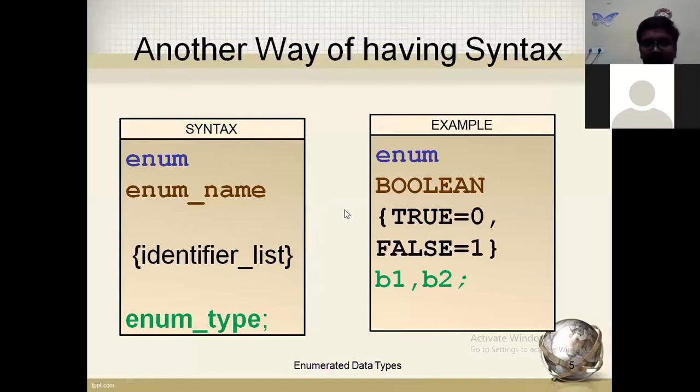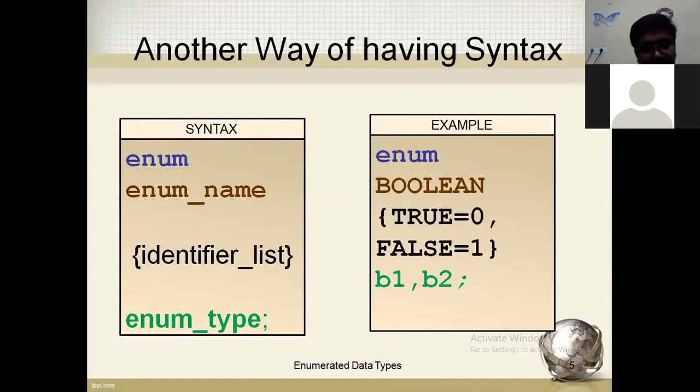In this example, the same syntax is repeated according to the previous slide. Enum Boolean, true, false, b1, b2. What are b1, b2? Variables of Boolean. b1 is a variable, b2 is also a variable. Next, what is the identifiers list in the Boolean?